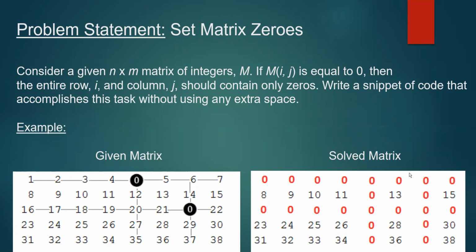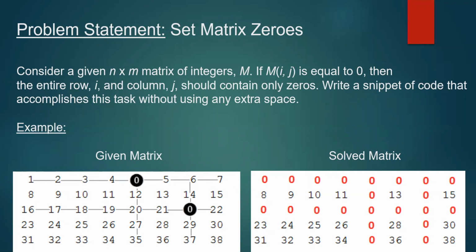A naive approach to solve this problem consists of looping through the matrix, and for each i, j which is equal to 0, we set the complete row i and column j to 0. But the problem with this approach is that when we traverse the other cells of the matrix, we'll find zeros and apply the same logic again. So there is a big chance that we'll end up with a matrix of all zeros, right?